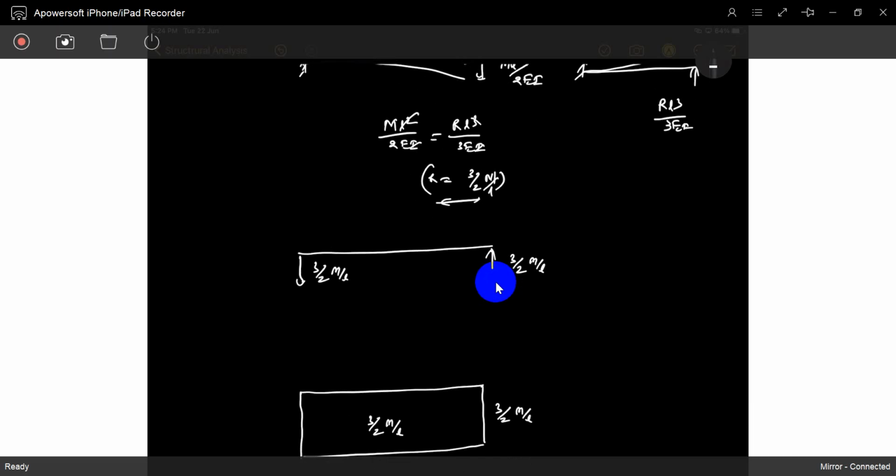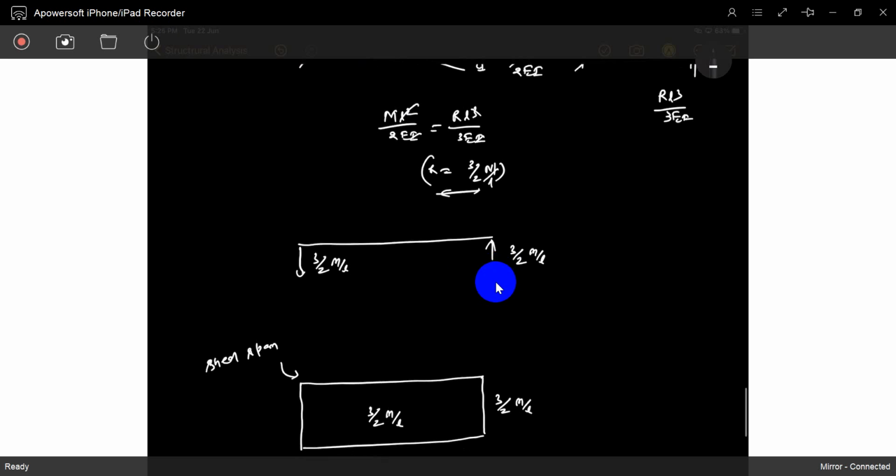If in any span the shear force is constant, such a span is called a shear span. In strength of materials, I think you heard that. Shear span: where the shear force is constant is called the shear span of the structure. Okay, shear span. Bending moment.